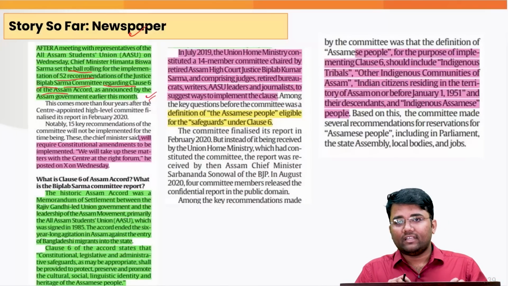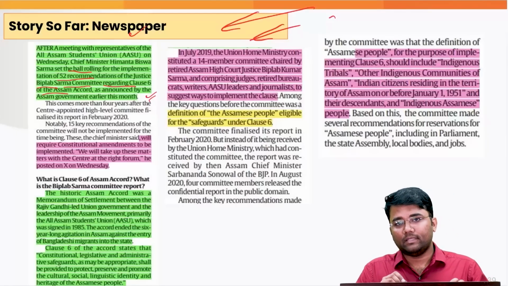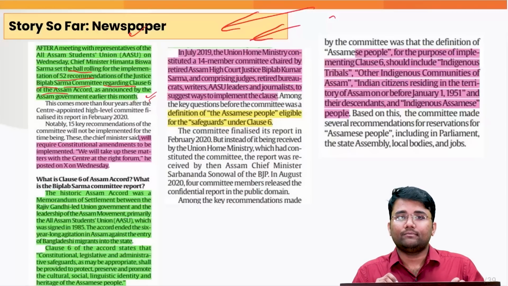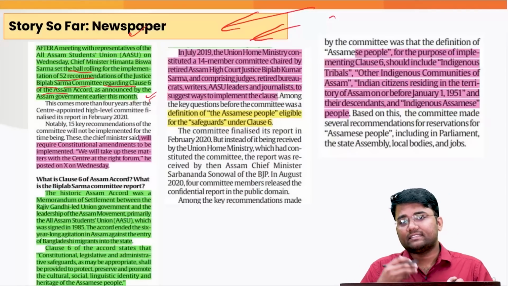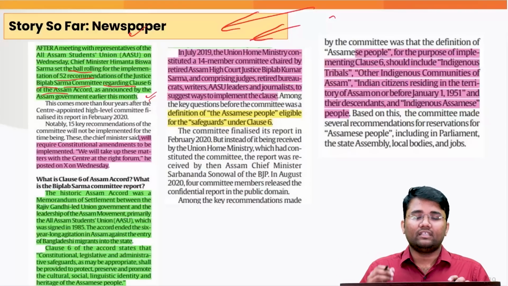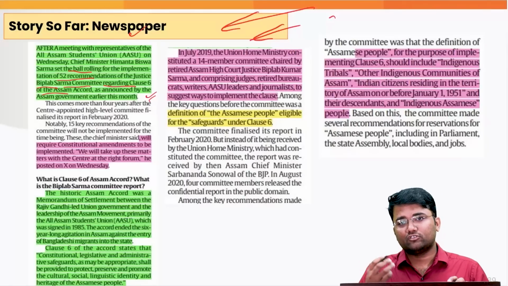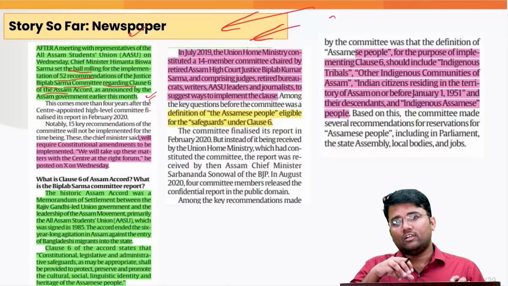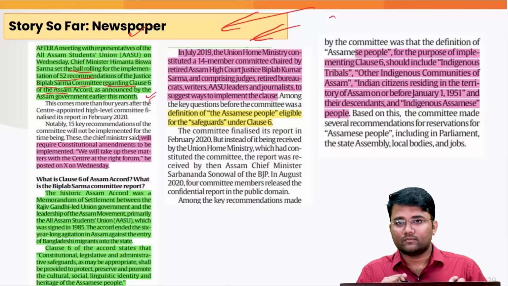After the 1971 war, there has been a lot of influx of Bangladeshi people into several states of India. In this regard, there has been a lot of agitation and protests that started in Assam, that several migrants have entered Assam who are taking the jobs and the education centers of these people, etc. So the local population is getting affected by the influx of these migrants, and there has been a lot